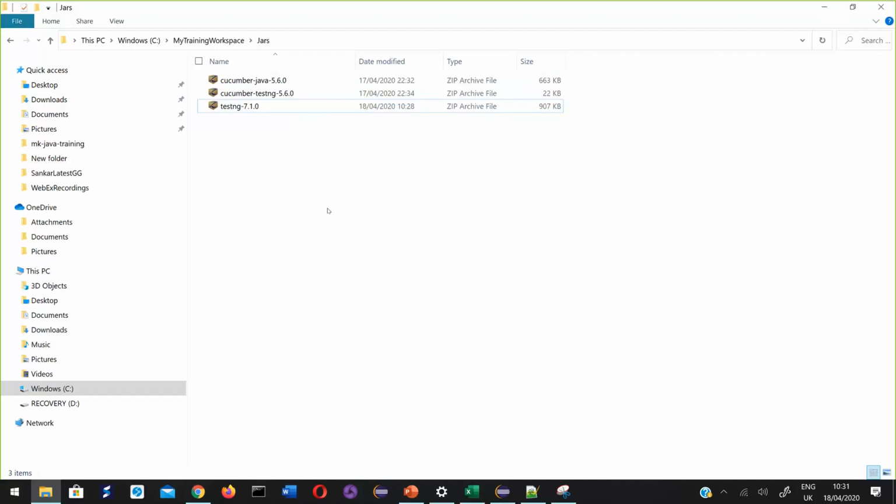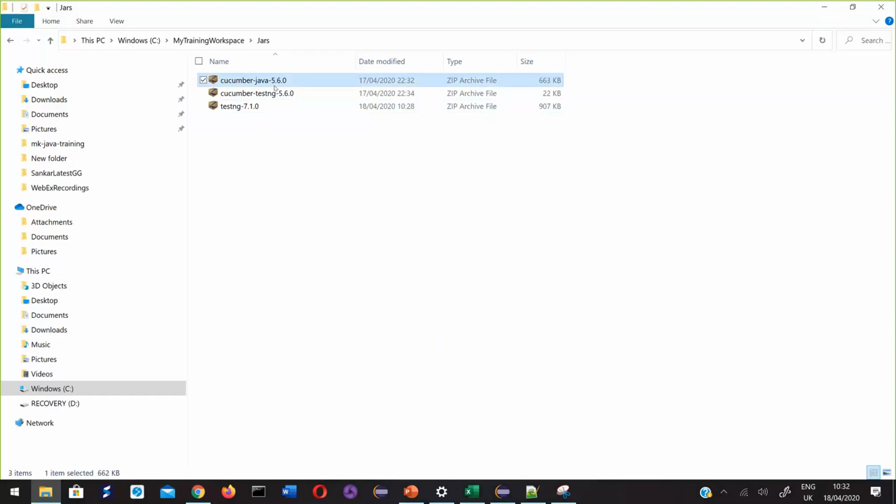Now this Cucumber Java is third-party software which is not directly related to Java. That means if you want to work with Cucumber Java, you need to download this jar first because it's not part of your default Java installation. You need to download this jar file, then add it to your project.